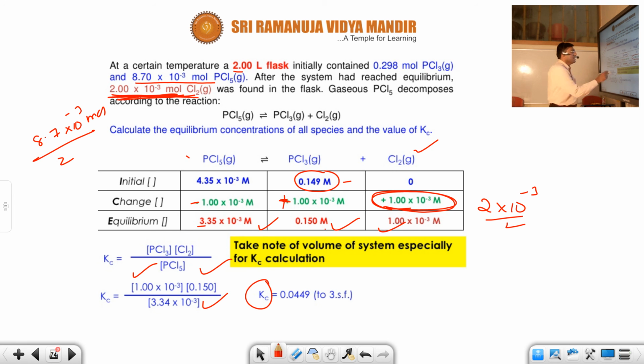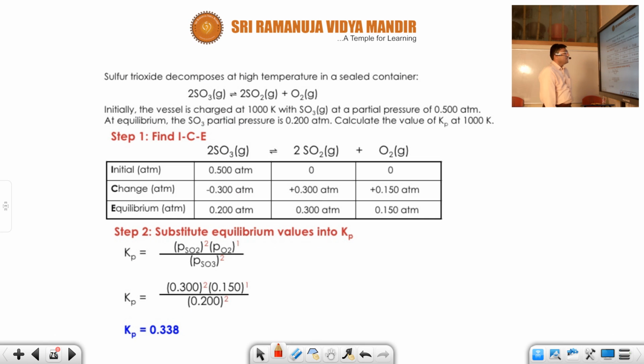Because this much is negated. I mean to say, this is the initial concentration. This is formed. That means initial minus. So the formed should be removed. That is minus 1 into 10 power minus 3. But here this is plus. This is formed actually, so you should add plus. So this way you can solve equilibrium problems very effortlessly and very interesting problems.